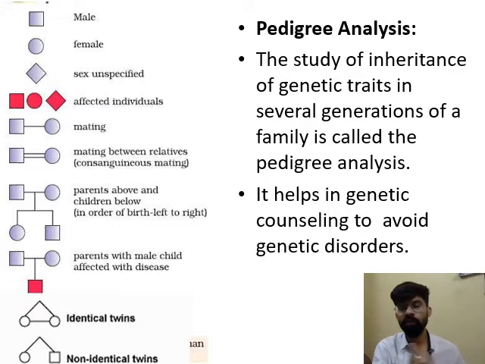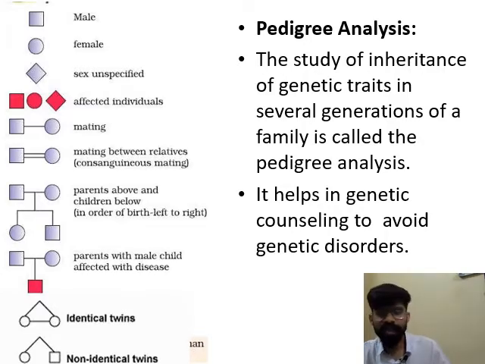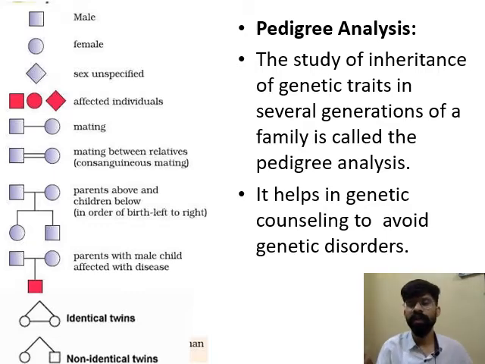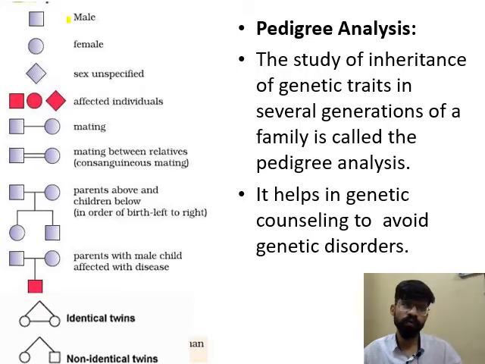This pedigree analysis is also helpful for identifying diseases, or for identifying the pattern of inheritance. Sometimes our grandfather has some character, but our parents, meaning a father, will not have that character, but in our generation, or in ourself, the character will express. So this expression and different types of genetic traits are identified with the help of pedigree analysis. To draw the pedigree analysis, we use some symbolic form.